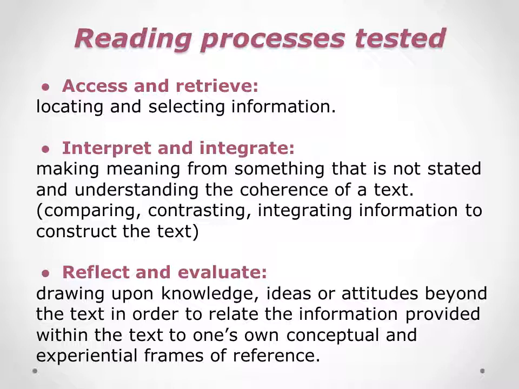Interpreting means extracting meaning from what is not stated, that is, making inferences. This implies reconstructing the global and local meaning of portions or the whole text, comparing, contrasting, integrating. By the way, here you can make a point and identify the differences between inferencing and predicting, two reading processes